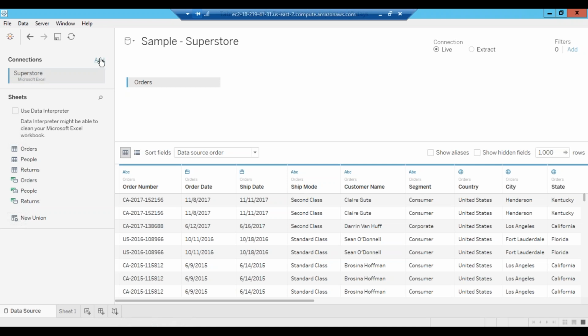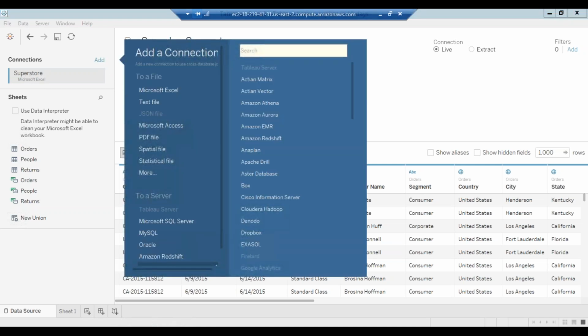If I want to add more connections, I can add from here.